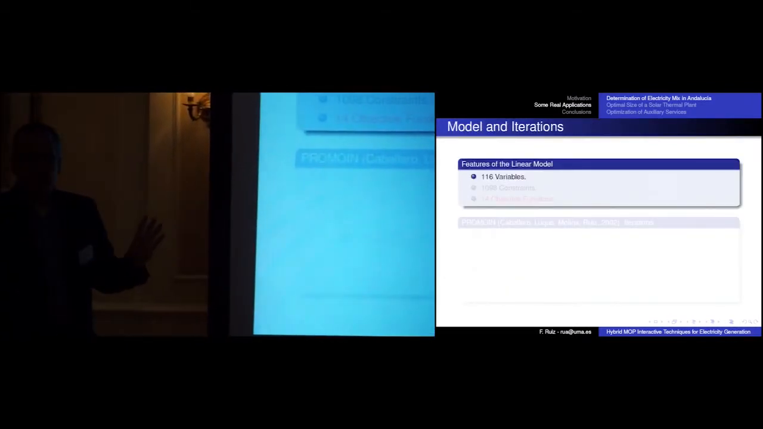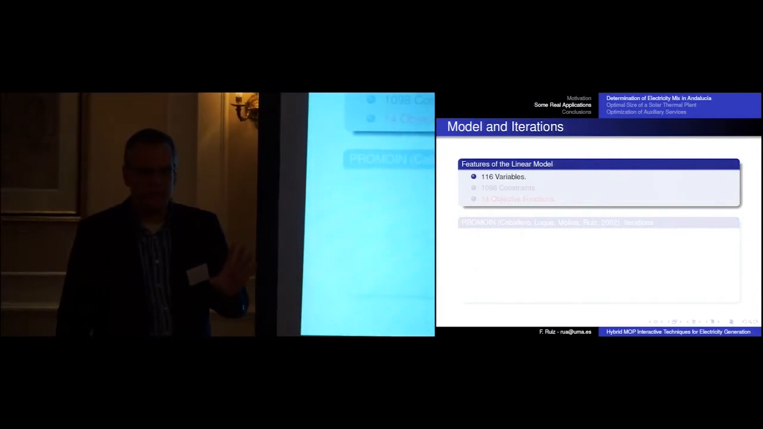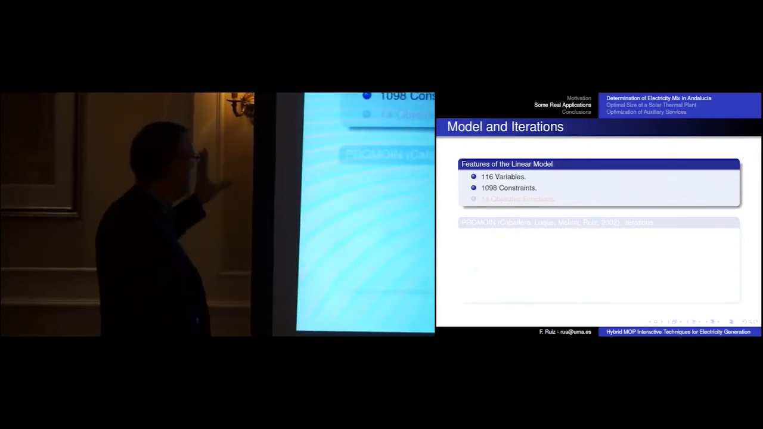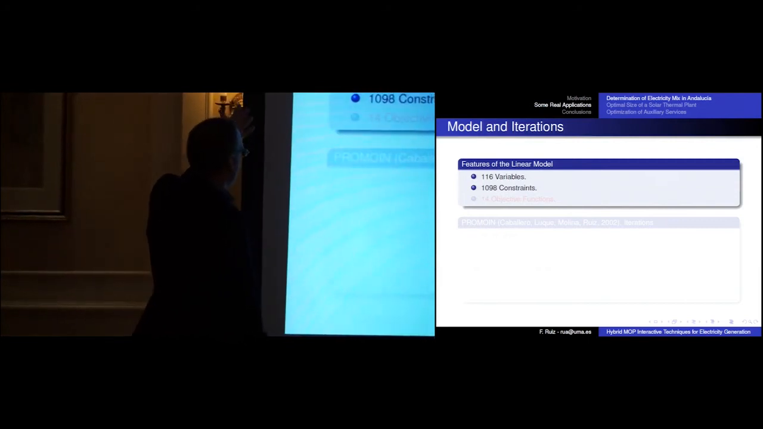So the problem itself, like I said, looked harmless, was not very difficult. It was a linear model with 116 variables, a little bit more than 1,000